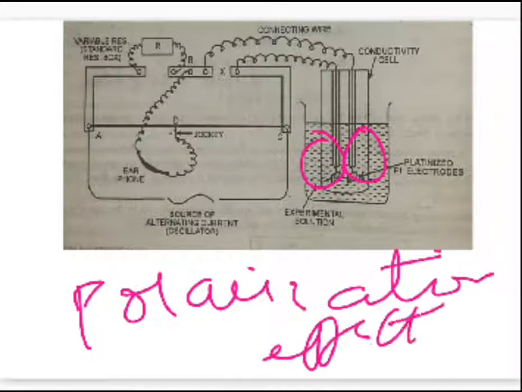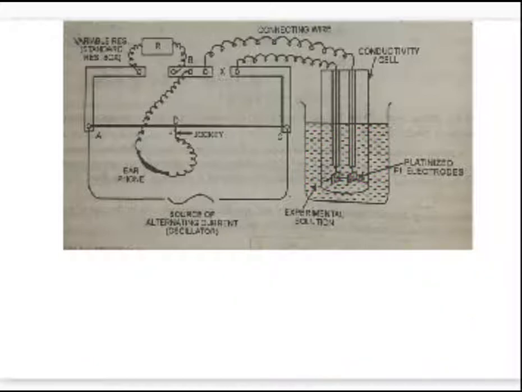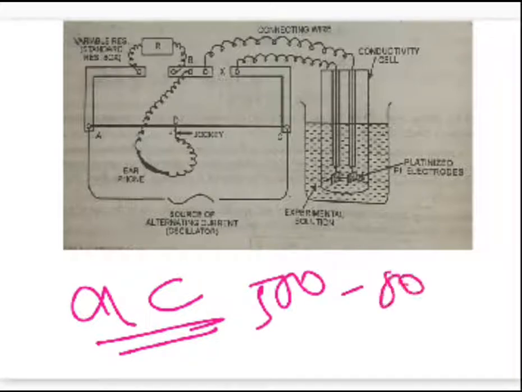What do you mean by polarization effect? Okay, so what can you do to overcome this problem? Instead of DC current, we can take help of alternating current, AC current. So we take alternating current here in the audio frequency range of 550 to 5000 cycles per second. However, when the alternating current is used, the ordinary galvanometer which we were using in the Wheatstone bridge method cannot be applied. So it fails.